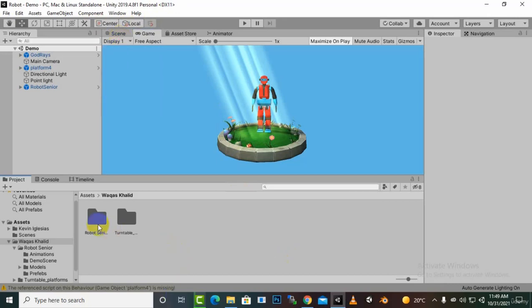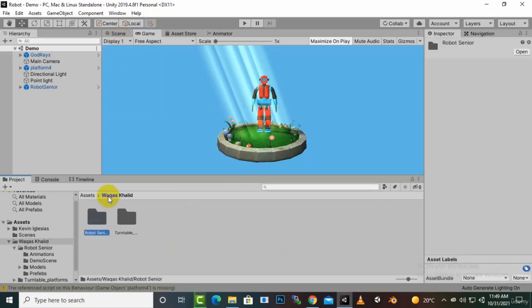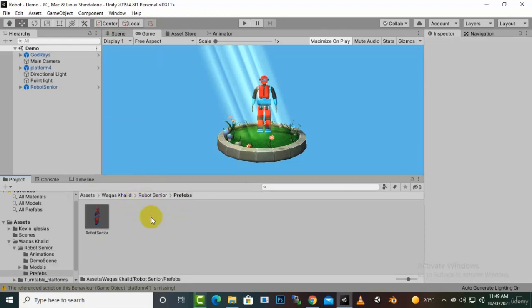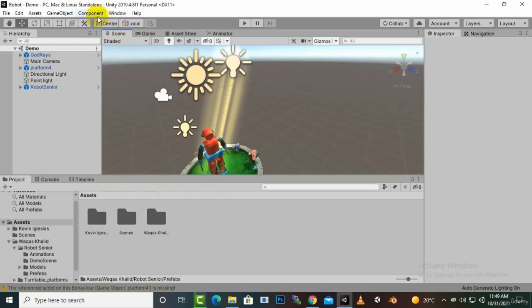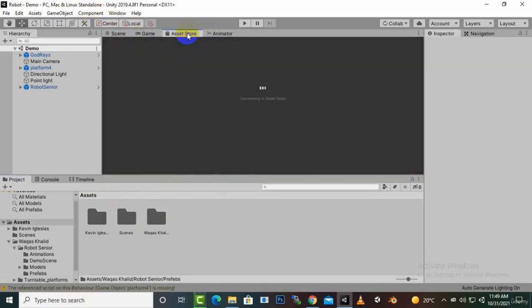We have organized our things in the Waqas Khalid folder, and inside this we have this robot senior, and then we have a demo scene as well, which is set up. Animation we used from Mixamo. We have the model here, and we have prefabs which we have created after setting up the size of our robot. So that's it, and the important thing is that we will just go to the Asset Store,